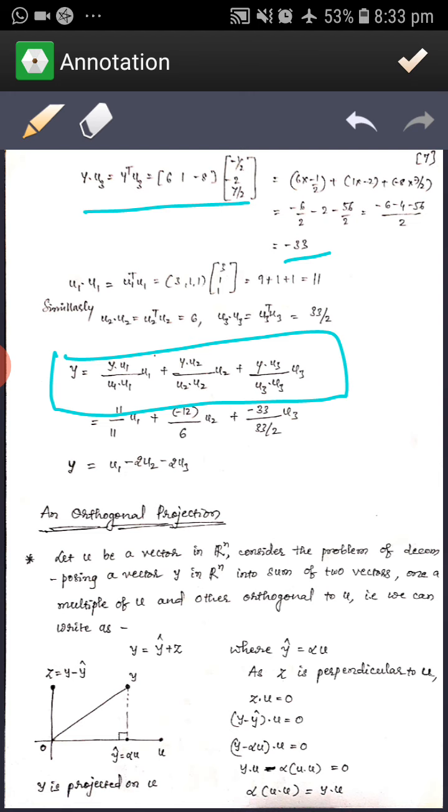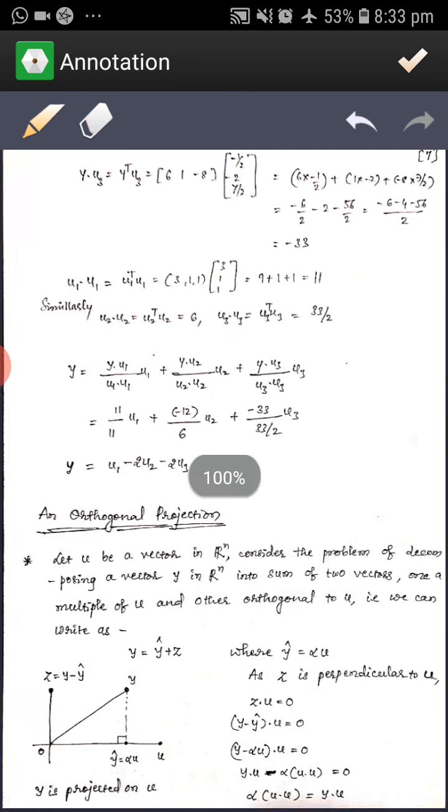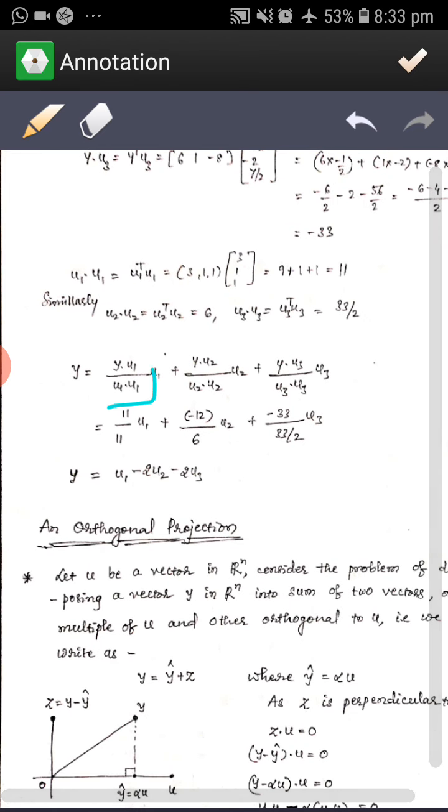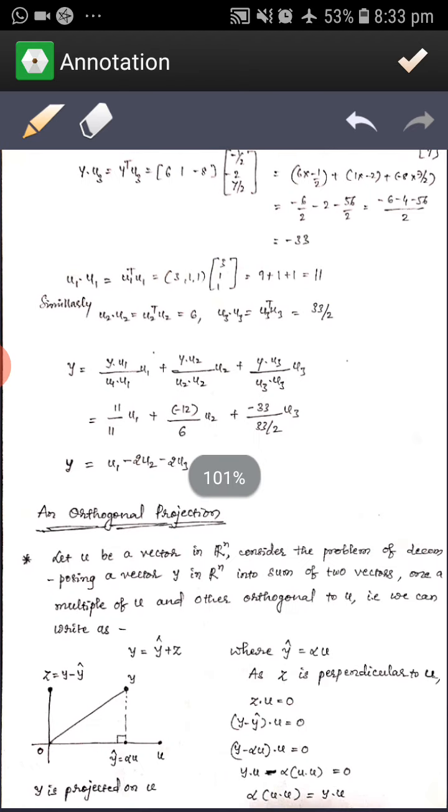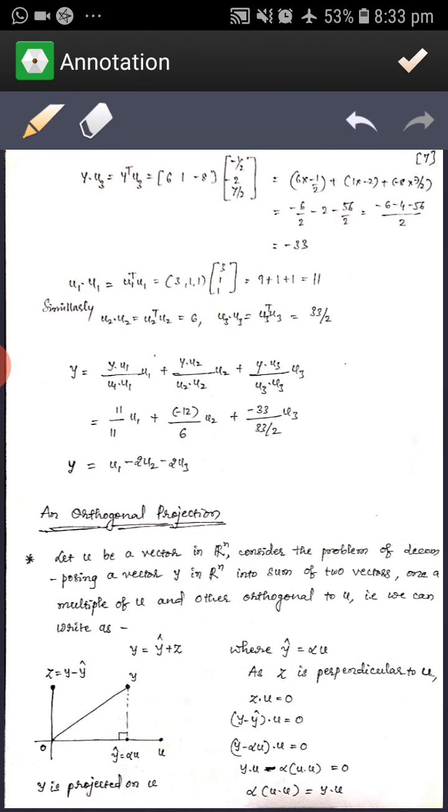Okay, so here times u1. We need to calculate c here. We have calculated y dot u1 and u1 dot u1, we just need to replace. Then we show that it is a linear combination, that is y is equal to u1 minus u2 minus u3. Similarly,